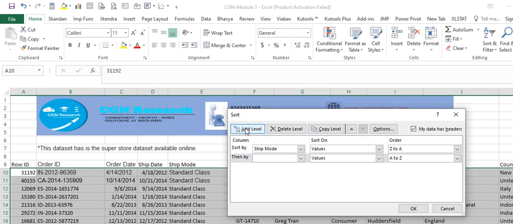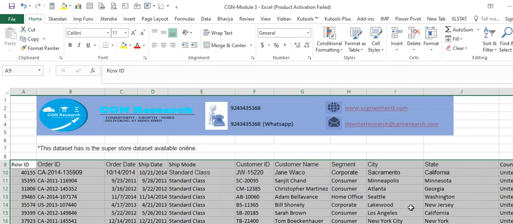I can add another level, go there and sort it, say on the market. I select the market there. I put it that I want it from Z to A, for example, in the reverse direction, and you can see the change.